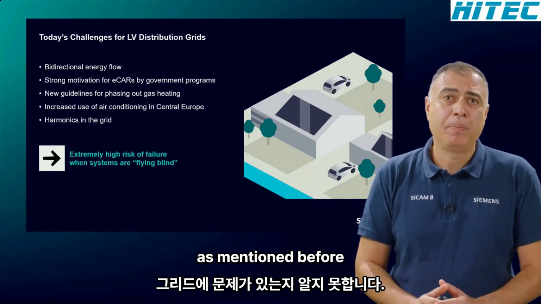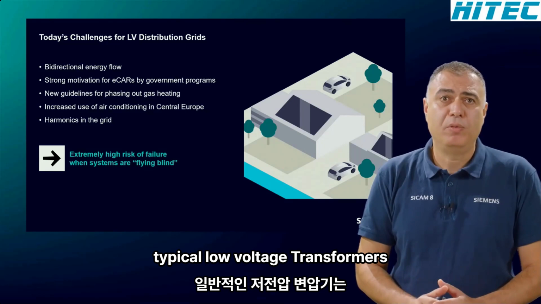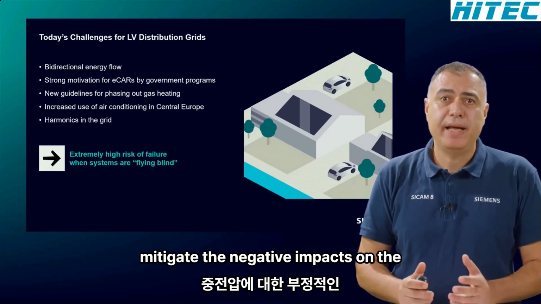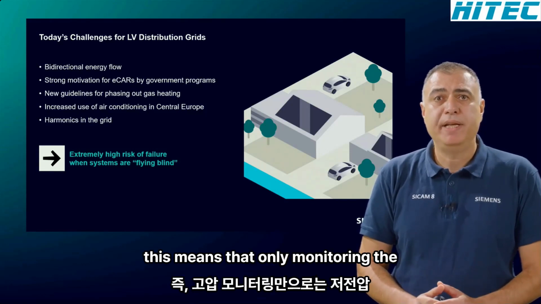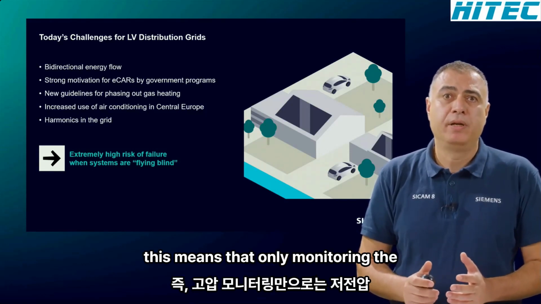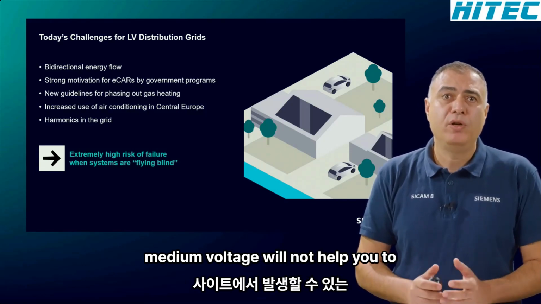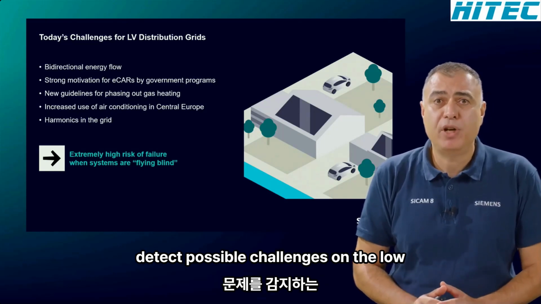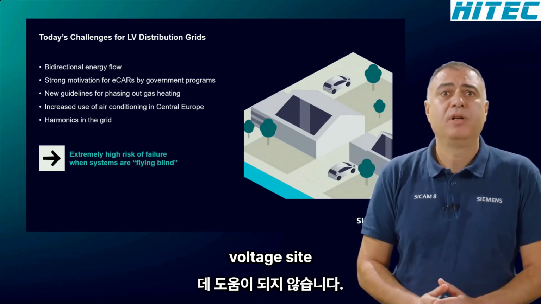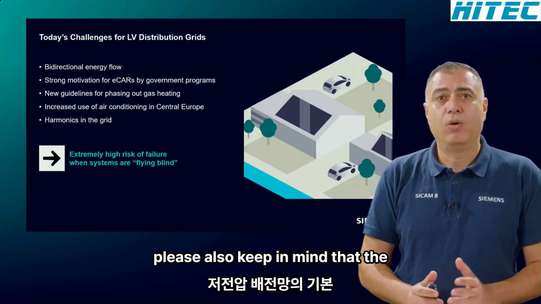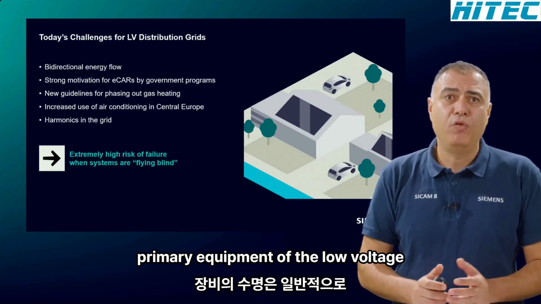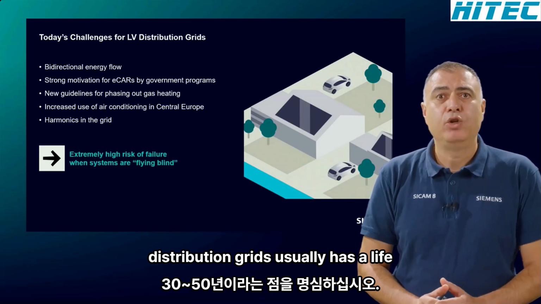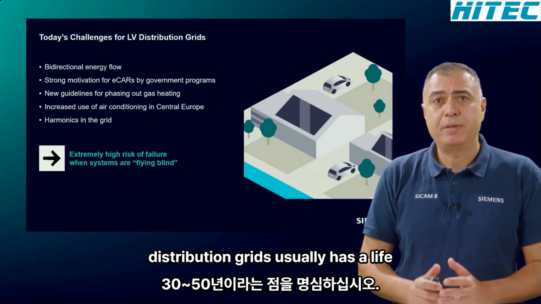As mentioned before, typical low voltage transformers mitigate the negative impacts on the medium voltage network. This means that only monitoring the medium voltage will not help you to detect possible challenges on the low voltage side. Please also keep in mind that the primary equipment of the low voltage distribution grids usually has a lifespan